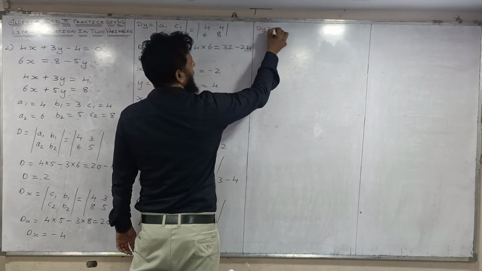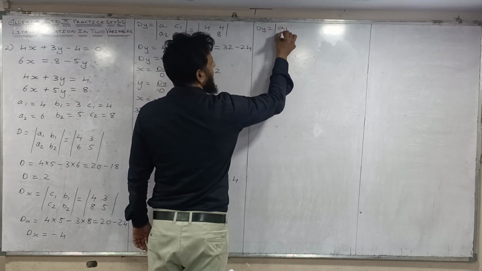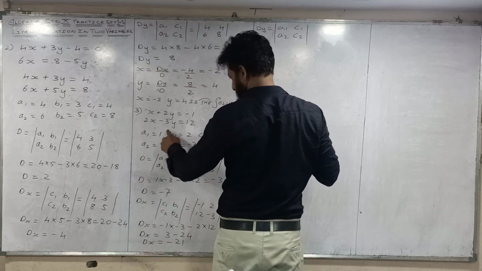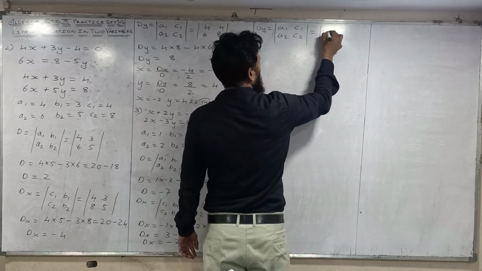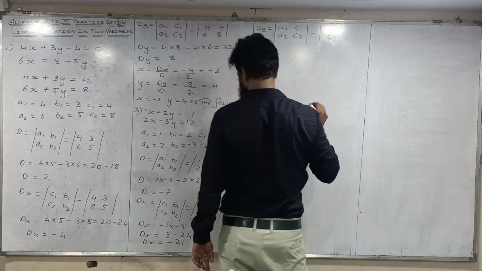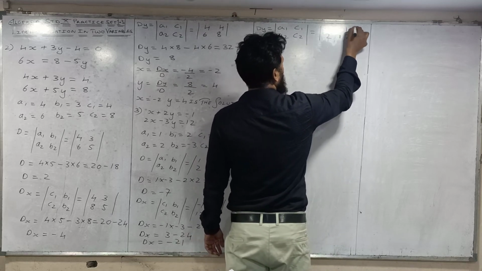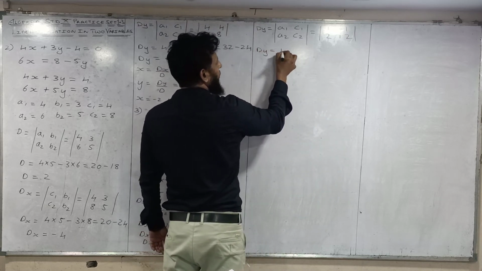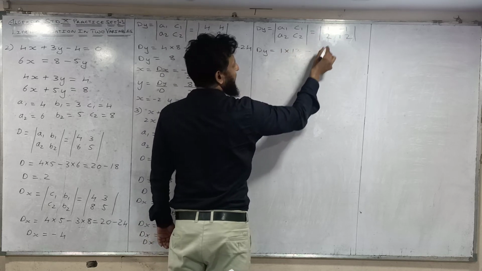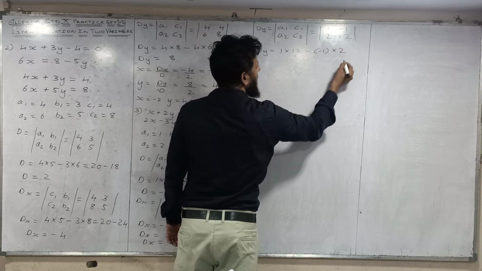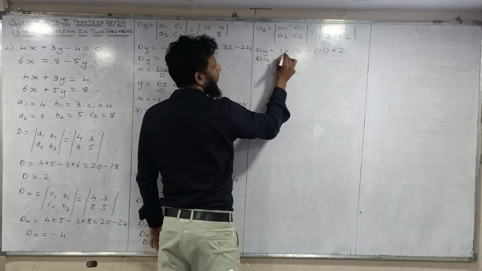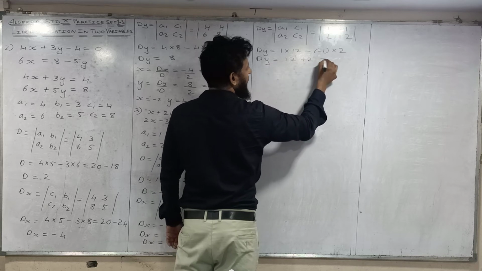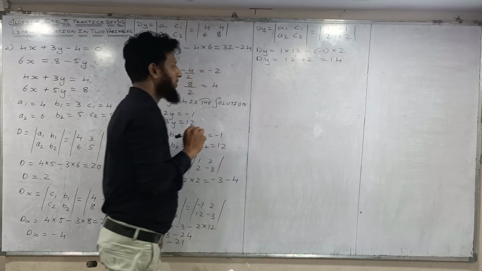Then find determinant y. Write the formula a1, a2, c1, c2. a1, a2 are 1 and 2, c1, c2 are minus 1 and 12. dy is equal to 1 multiply by 12, put minus sign, then minus 1 multiply by 2. 1 12s are 12, minus minus plus 1 2 is 2, plus 2 gives you 14. So here the value is 14 for dy.